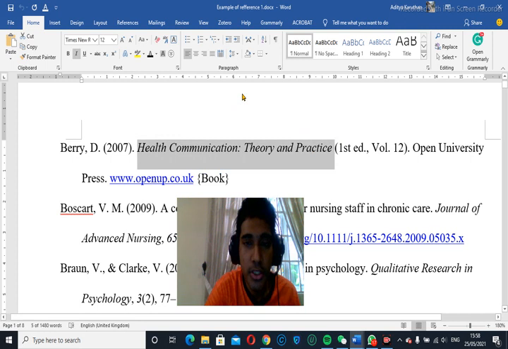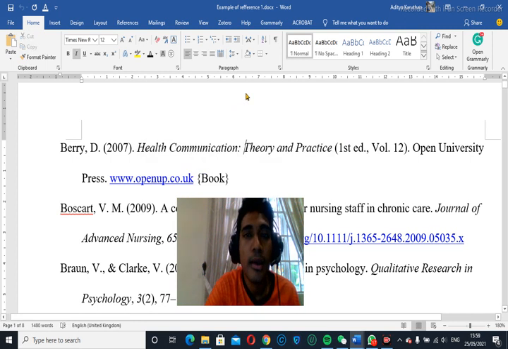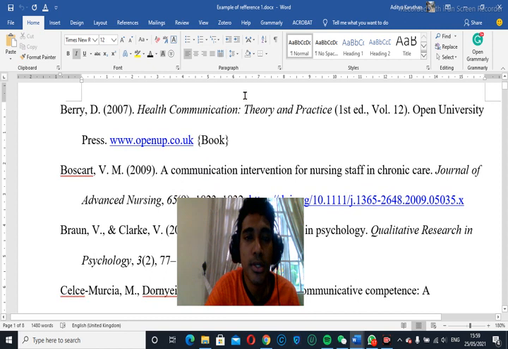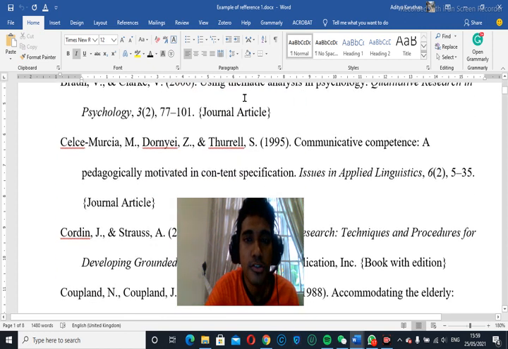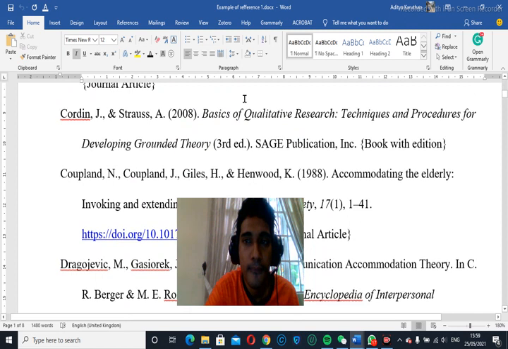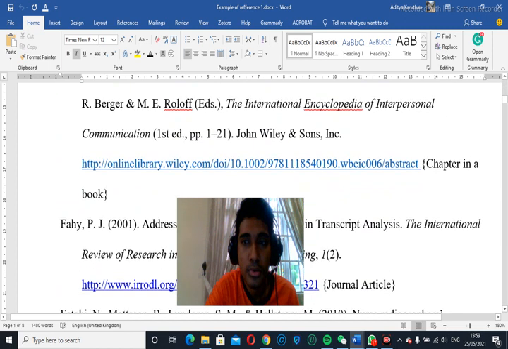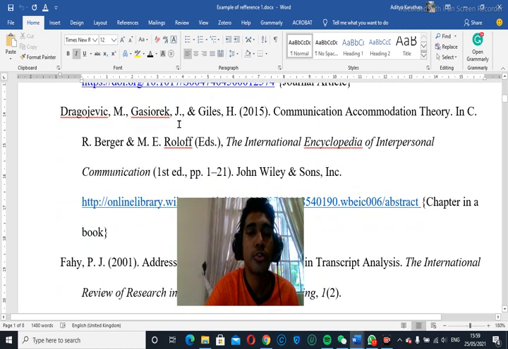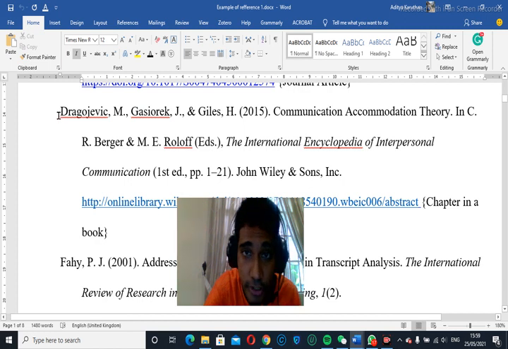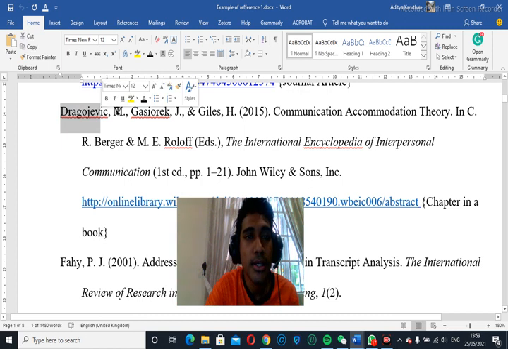Now the third source is a chapter in a book. Let's scroll down. A chapter in a book. We start off with the information about the author. As you can see, there are 3 authors. So, we start with Gregorowitz, the surname of the first author, comma, his first name, M,